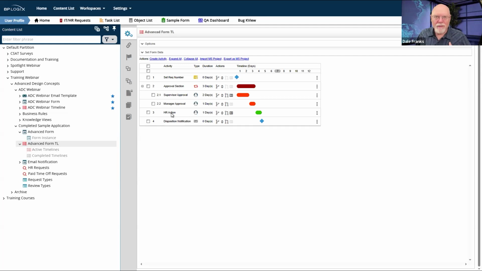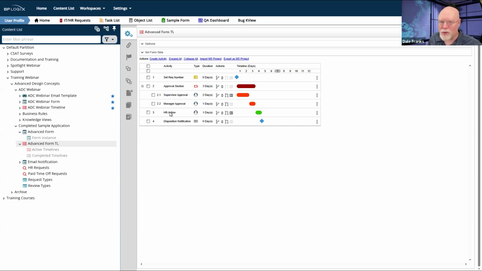Okay, how do I know as the initiator? Because most of the time, and I see this whenever some of you ask me to look at your processes because something has gone wrong, I look at your process, and the last thing is HR action. And I always ask myself the question: how does the requester know what happened? Well, the way the requester should know is that you send them an email that tells them what happened. So the way that this loop works is that once my approvals are done, they go straight to HR.